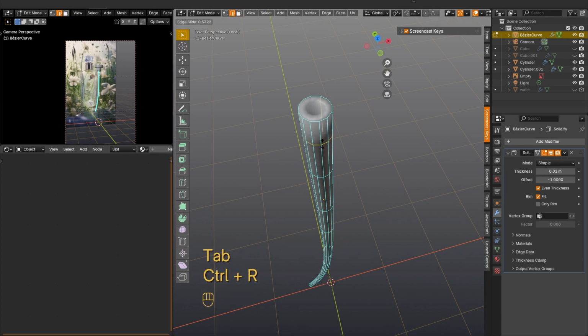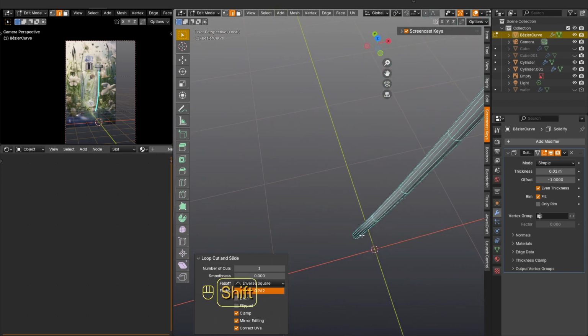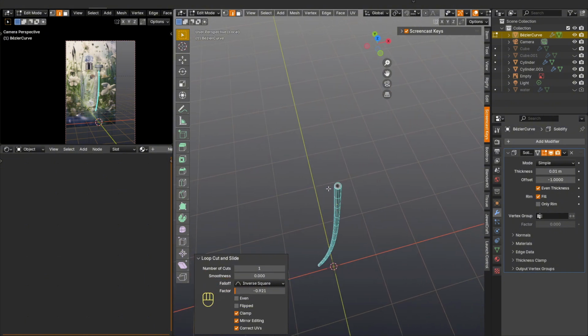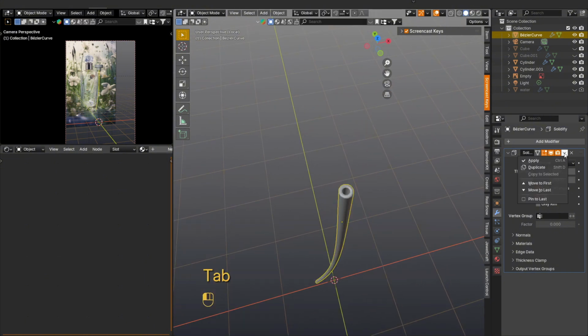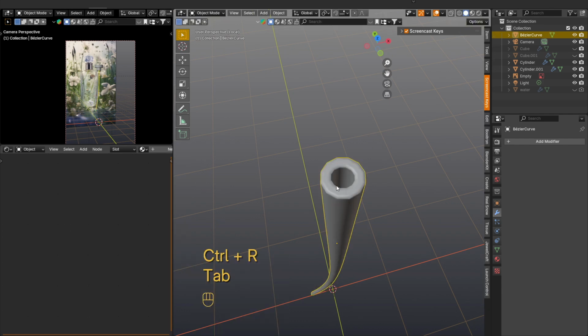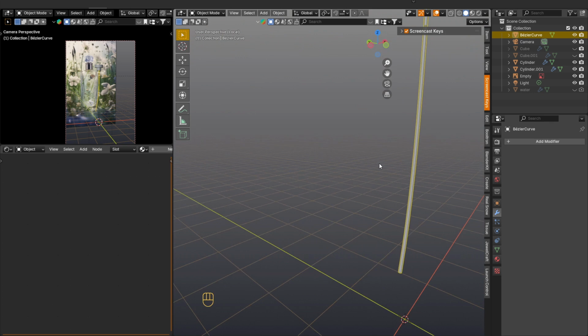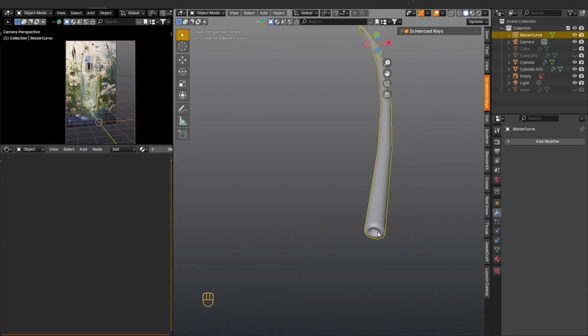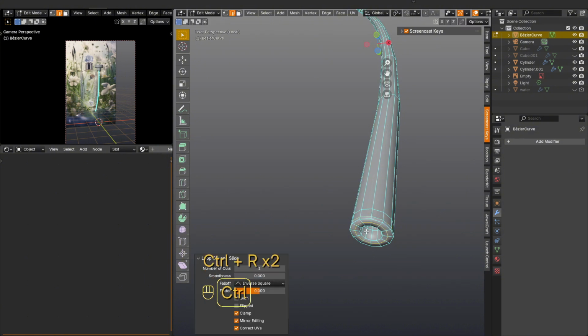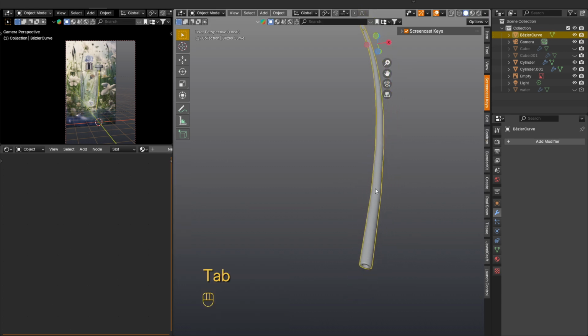Add edge loops at the top and bottom of the tube to strengthen the geometry. After which we can apply the modifier. Now we can once again make sure that the geometry and shape of the tube are correct, after which you can add subdivision surface and shade smooth. And on this we can consider that our tube is finished.